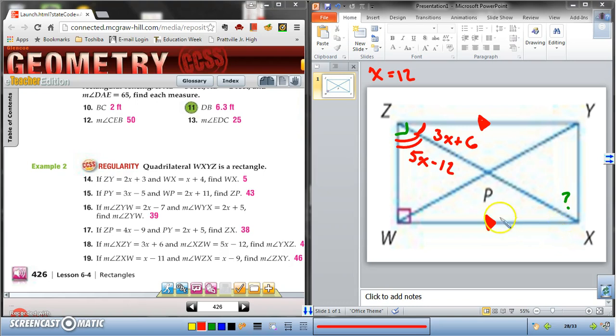Okay, so if you take this diagonal out of the equation, and if you take these two sides out of the equation, and you visualize only ZY, WX, and diagonal ZX, okay, well, these two lines can be extended in both directions,